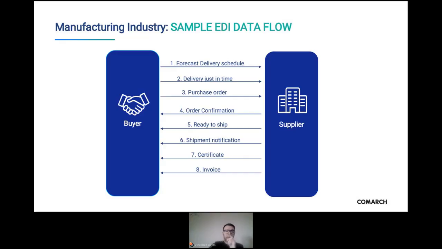EDI is also used in operations management, including logistics, supply chain, procurement, and manufacturing production. So here you can see an example of EDI data flow that is used in manufacturing industries,